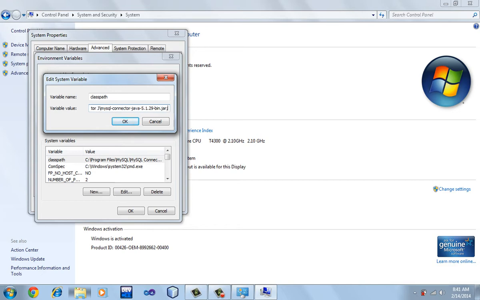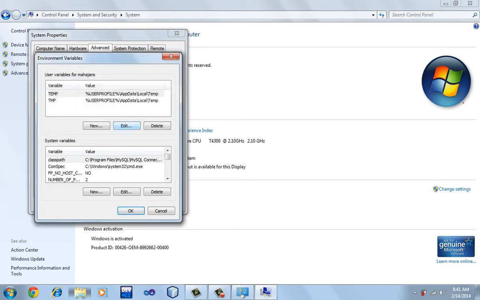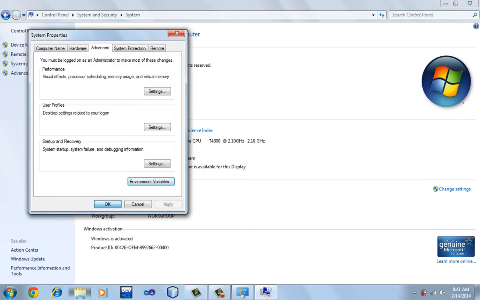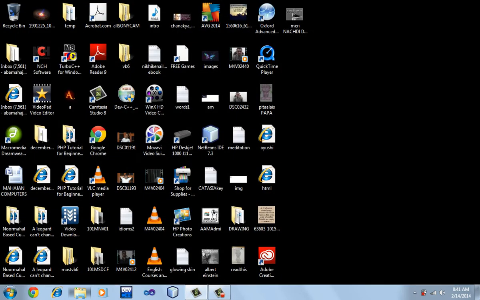This is the value for the variable CLASSPATH. Afterwards you should close the Control Panel. Now we have set everything that is required to run a Java program that is using the JDBC driver for MySQL.